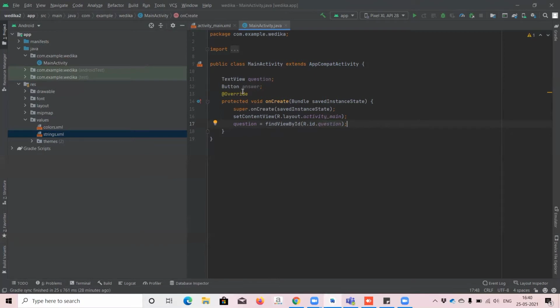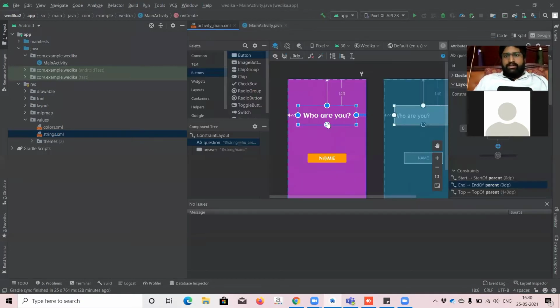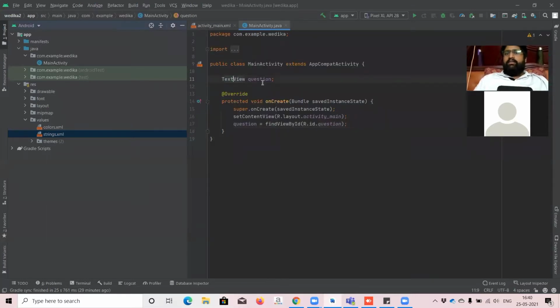It's very simple. Let me show you again. I'll delete this first. I'm really sorry about that. See, only the text view we are going to see now, and next we'll see the button. We have created a text view, right? So we are mentioning it in Java, and we are giving a name as question. Very simple. So, question is fine, but we just want to know what kind of question it is.